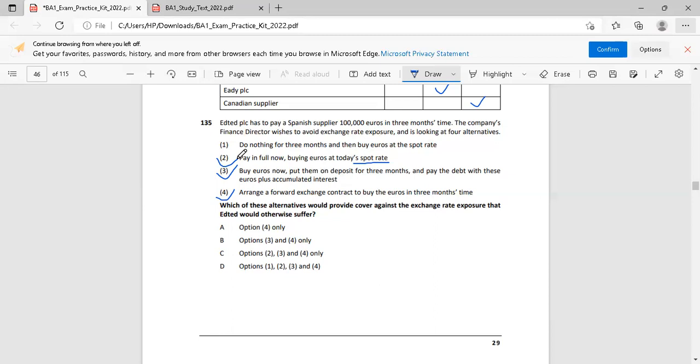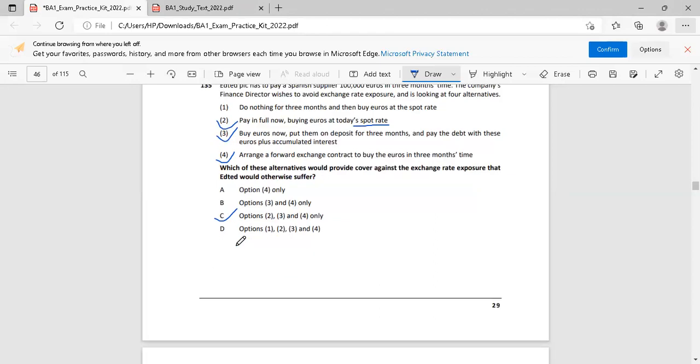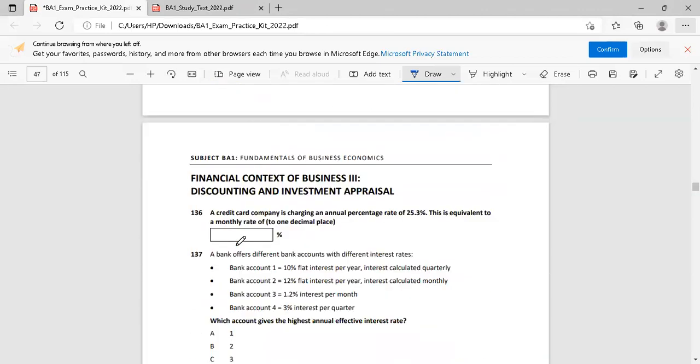So we go with 2, 3, and 4. Buying full, but the third option says that additional interest is earned. So that is a benefit. But here maybe the anticipation is that the prices of these euros may rise in future. To safeguard against such a rise in prices, we are buying it now. Okay, so we are done with the